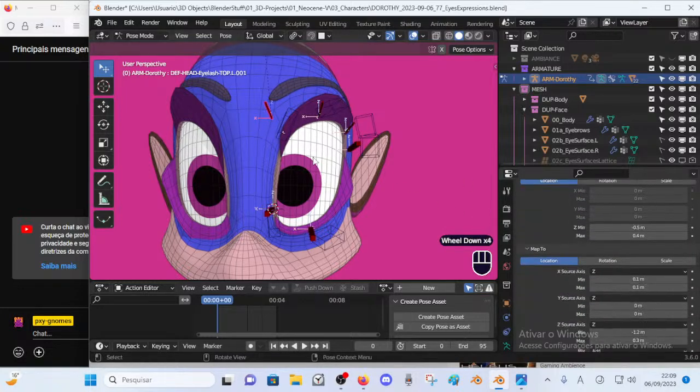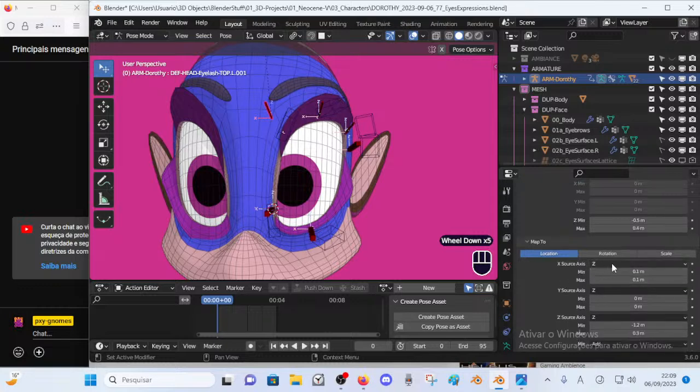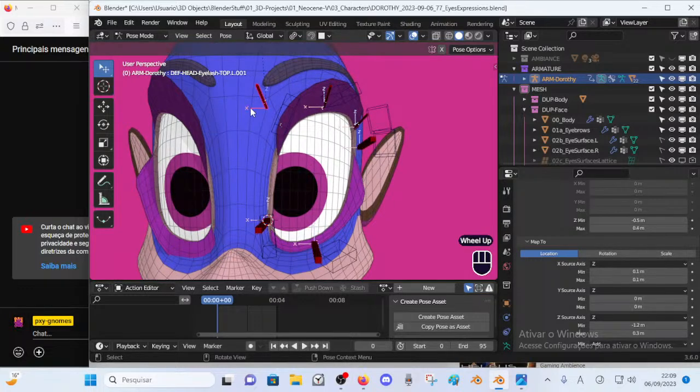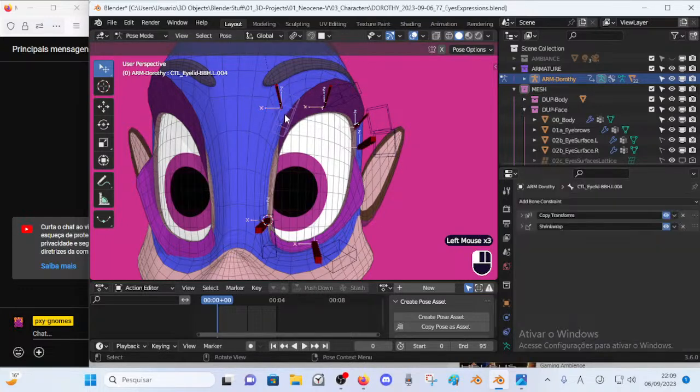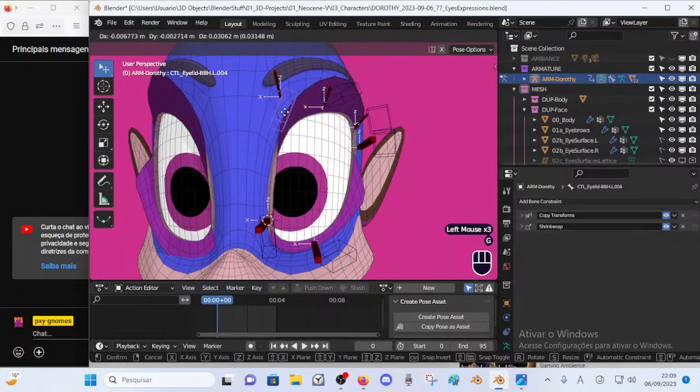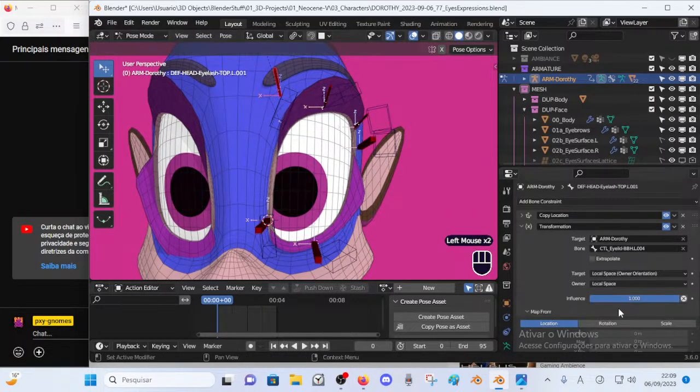There's also an additional tweak here for the x-axis for this bone, so positive x, so it is slightly getting itself to the side.